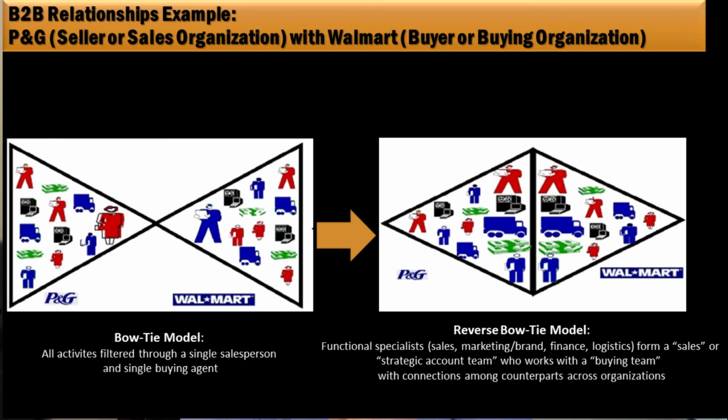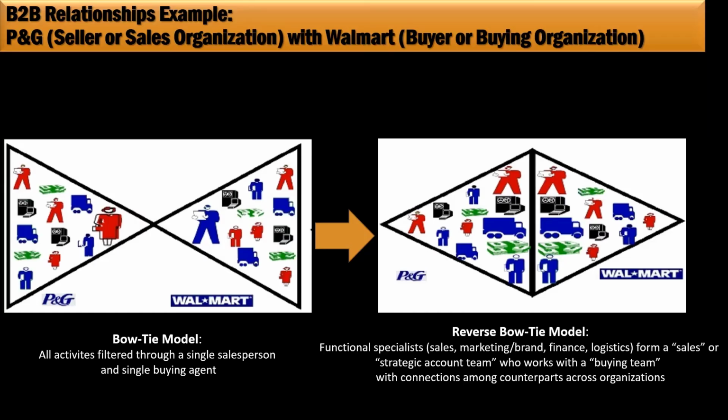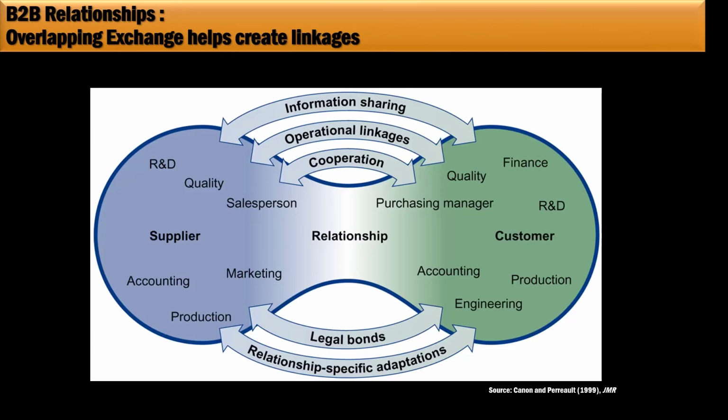Finance, that pile of money there is like finance specialists, because there's a lot of money when you're involved in a relationship like this. This is a $1 billion exchange annually. There's lots of financial accounting issues in terms of who owes who what, and how does that money get paid, and how do you track and trace the money trail. So these are different roles that would exist. And there's legal bonds and those kinds of things that would exist across these companies, right? There's legal contracts that they'll enter. So there's a lot that goes into the relationship.